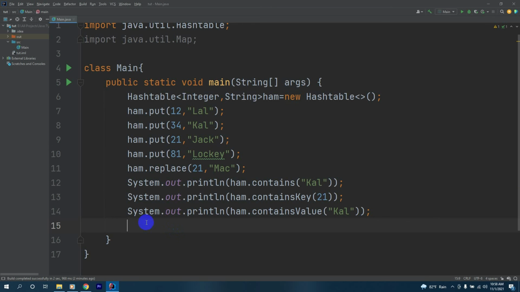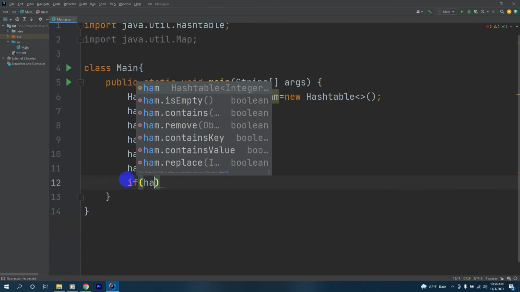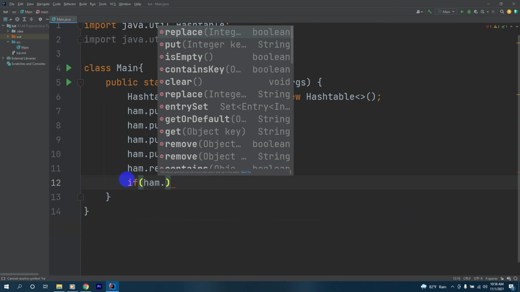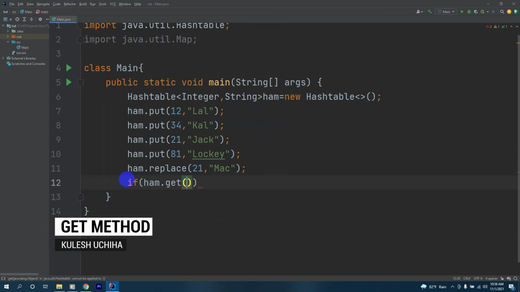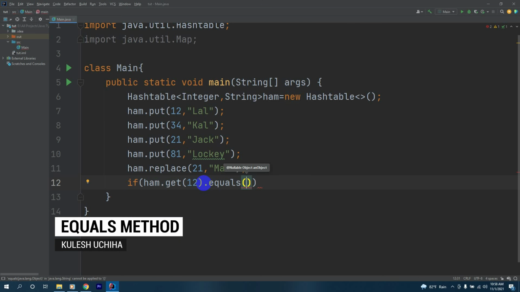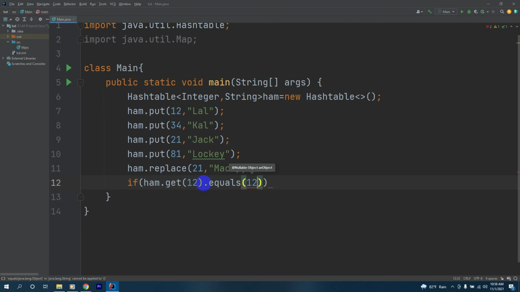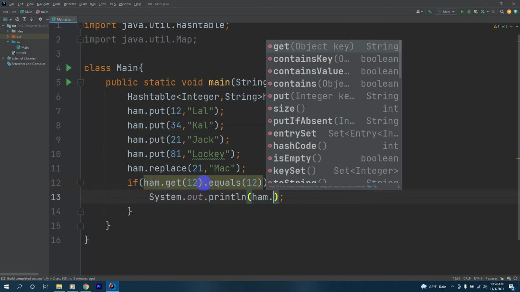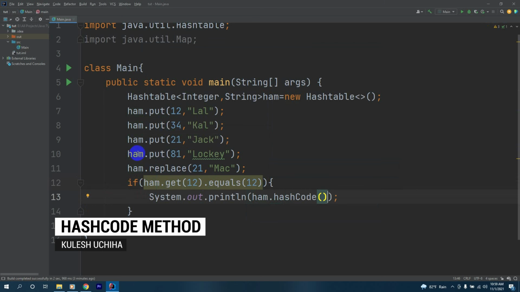Now let's see two more methods in action. We'll have if here, and we'll have ham.get, and we pass 12 to this, and we say ham.get(12).equals, and if this happens, we list out ham.hashCode. Now let's run this and check the output.